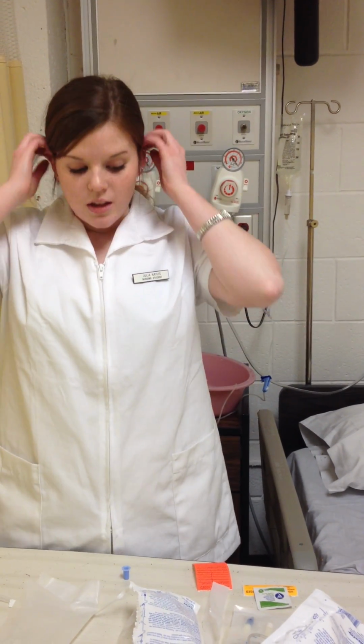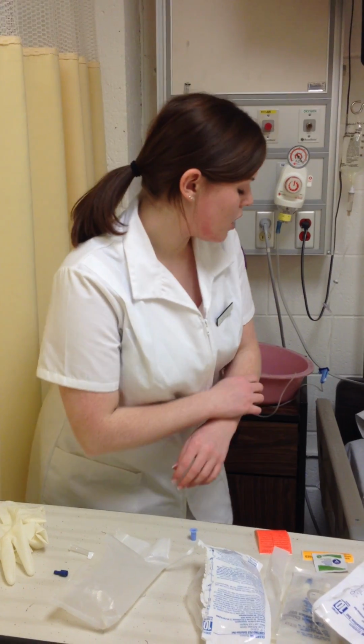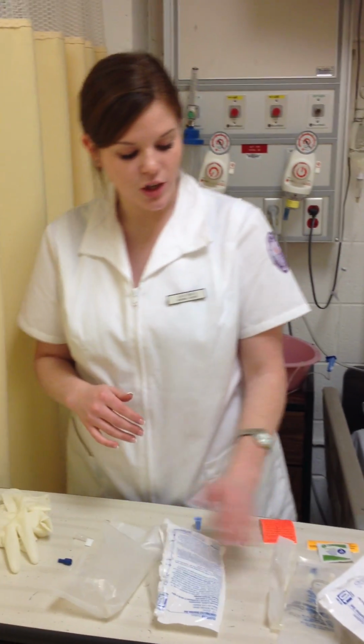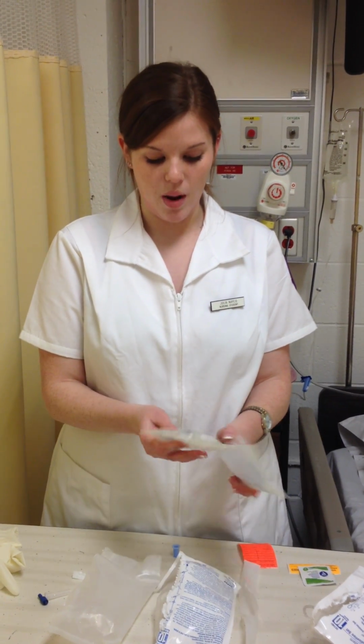Then I find out that the doctor wants medication added to the IV, so what I'm going to do is go and assess the primary tubing line, make sure that there's no redness or swelling or patency. And then I'm going to check the medication record with the physician's order, and then I'm going to go and make sure I have the proper